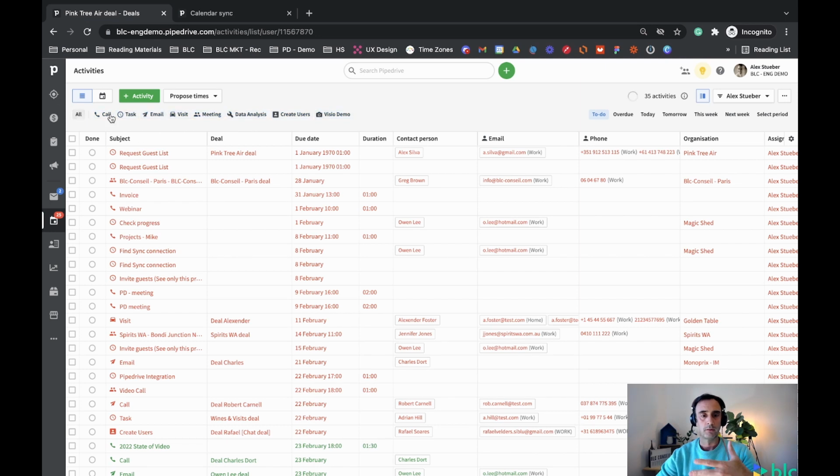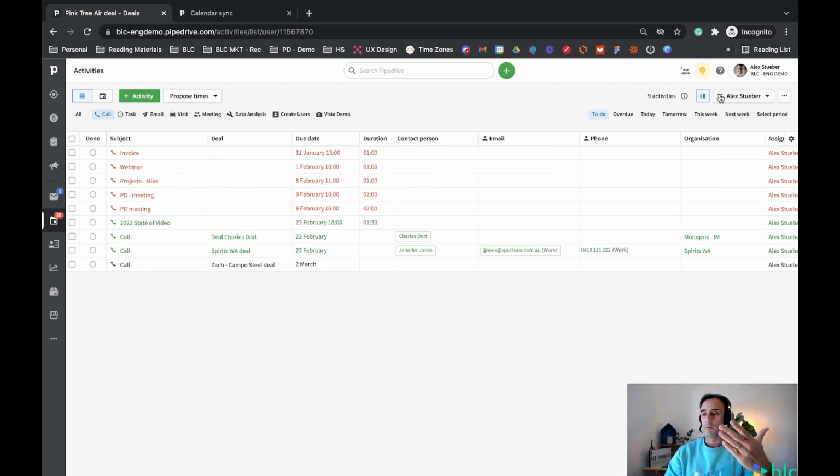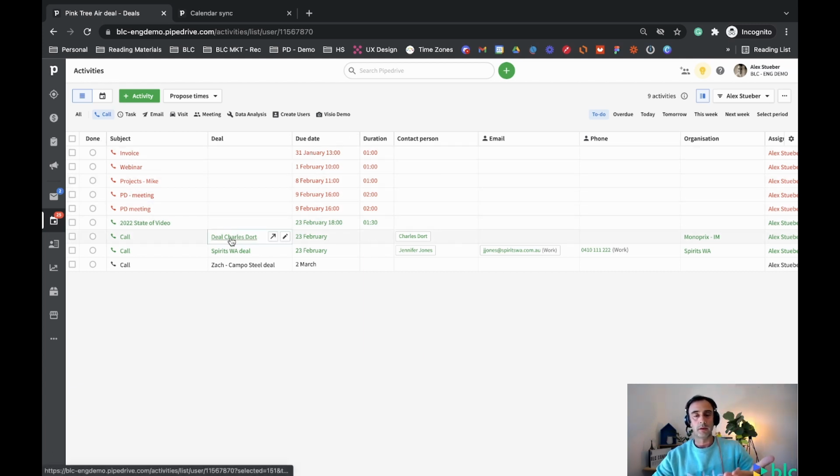So I could unselect all like this, so they are not in blue, not highlighted. I could then say, all right, I want to see all calls that I have to do, and because it's their user, it's going to list all the calls that I have to do. Overdue, the ones I have to do today, the ones I have to do in the future. And I could even say, I start my day from here, select that call,